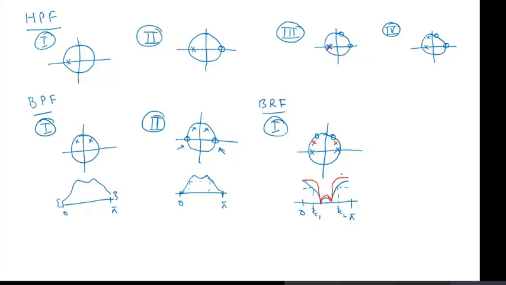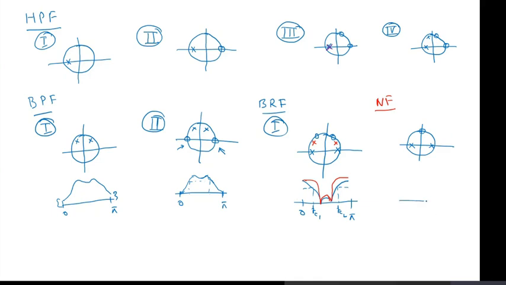Okay. Now the last type of filter is the notch filter. In the notch filter, it's very simple. It is a special case of the band reject filter. Suppose at pi by 2, I want to stop a frequency component. I just put a 0 at pi by 2. Okay, just put a 0 at pi by 2.